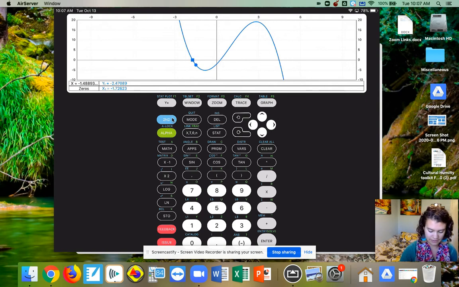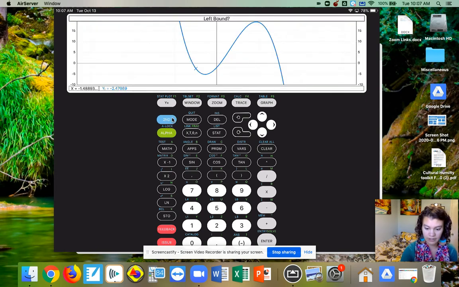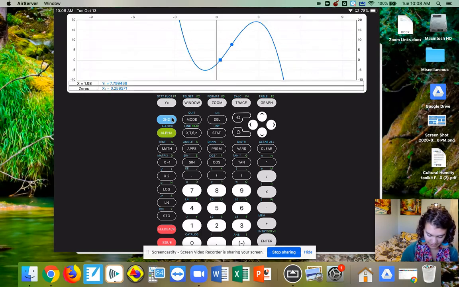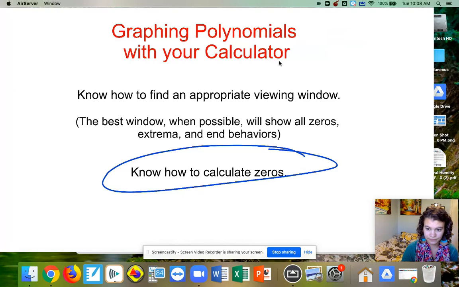So second, trace, 2 for your 0. We want to arrow over to be on the left side, and then arrow over to be on the right side, and that's at negative 0.259 right there. And I do the same thing for this one. So if I go back to here,